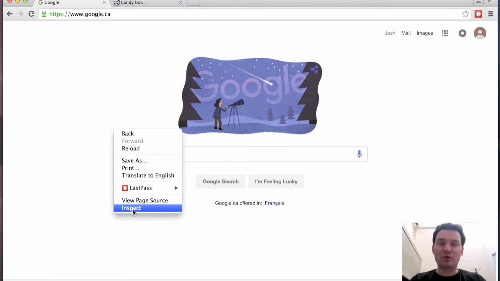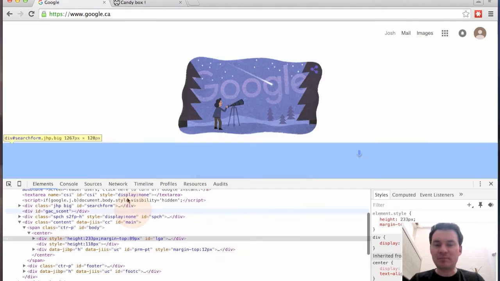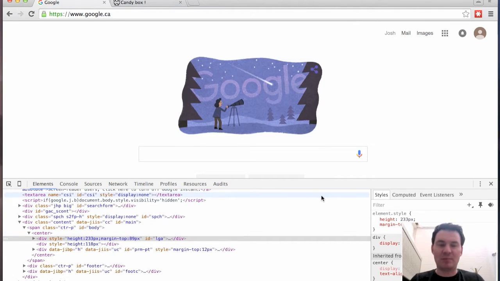Now I happen to be using Google Chrome, so I know that the shortcut is for me to hold down Command Option J on my Mac keyboard. But most browsers, if you right-click on the page, there'll be some kind of Inspect or Inspect Element option that when you click it, you'll see a section pop up below your page or possibly over to the right here